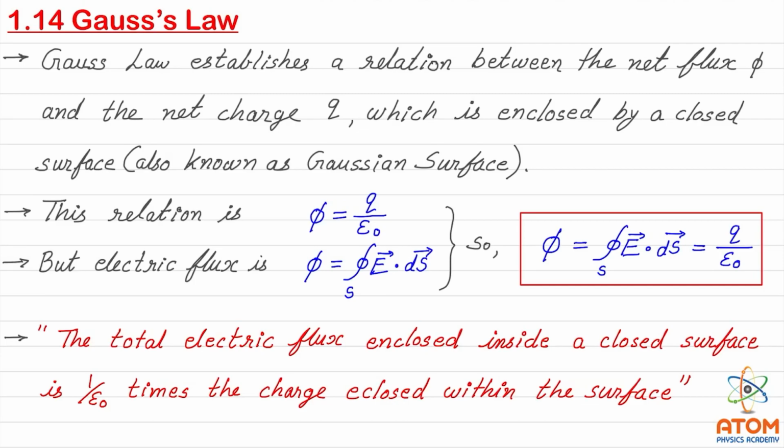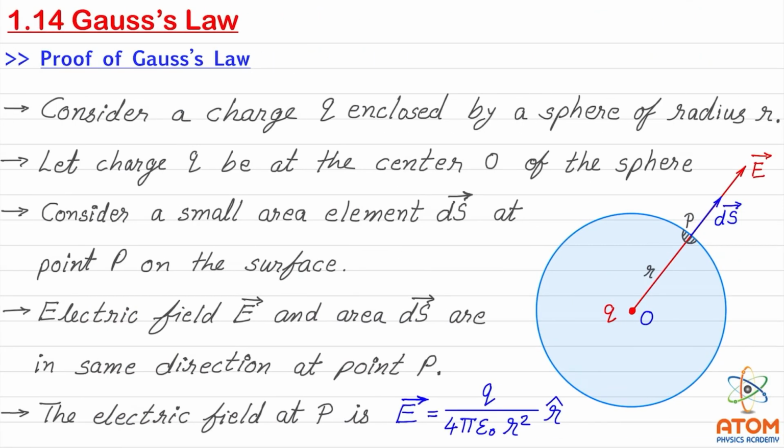Mind well, here we have considered that nearby this charge there is vacuum, or let us say air. That's why we have put here epsilon 0. But if this charge is kept inside some, let us say oil or some sort of other medium, then obviously you have to put here epsilon, that means the permittivity of that particular medium. Now let us see the proof of this law.